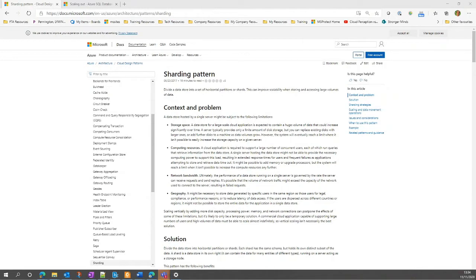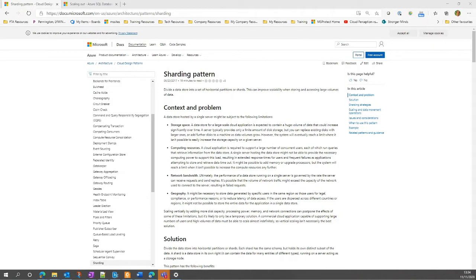Yeah, and to that point, even in Azure, even if you can scale up all of your resources, and all of our resources will scale to an extent, there is still going to be a hard limit. For SQL Database, that's the number of vCores and the amount of storage you can have. For things like Cosmos DB, there's a limit on the number of request units you can have. So at some point, you are going to hit that upper limit of your vertical scale. It's not an endless process.